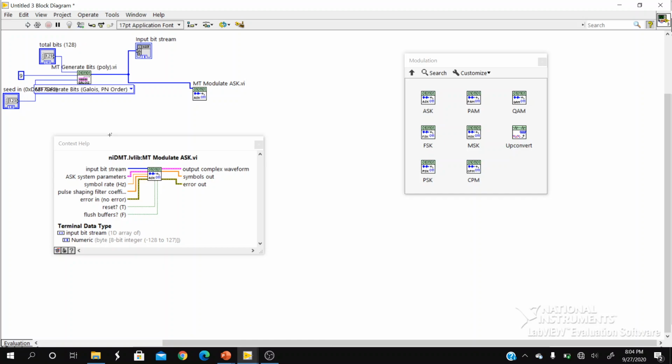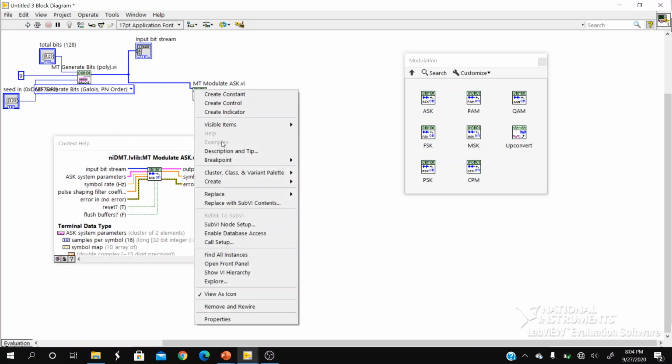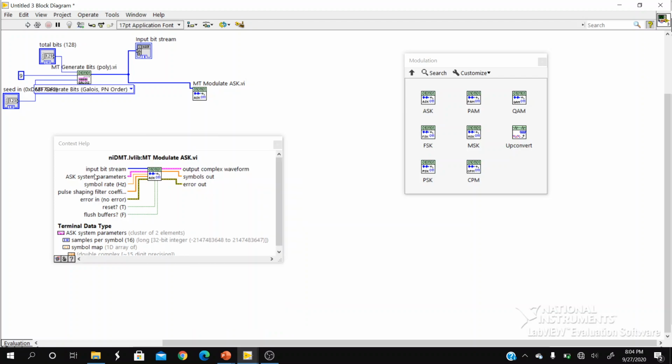In order to mention how many symbols and what the amplitudes of the symbols are, I need to generate the parameters. These parameters cannot be provided by just right clicking and creating a control or constant; that will not help us in any way. This will require another block to be present.